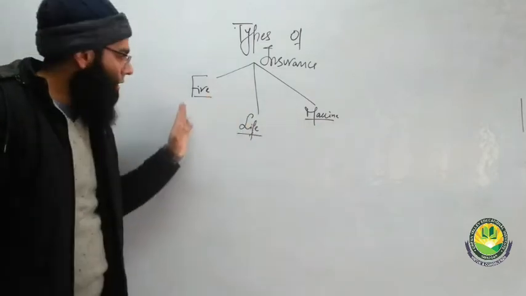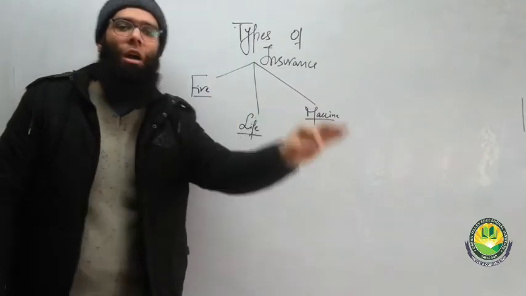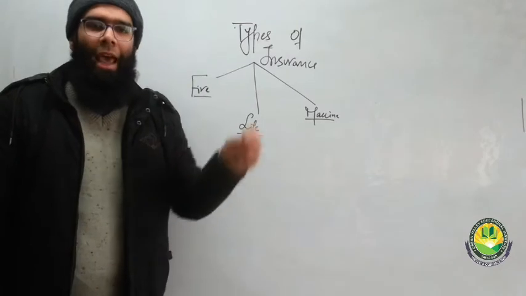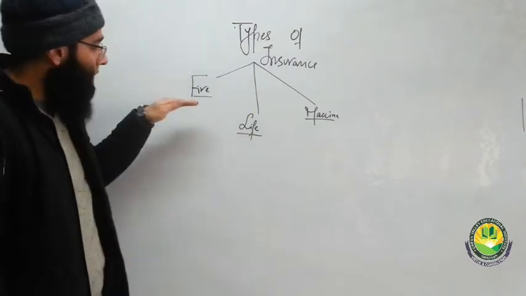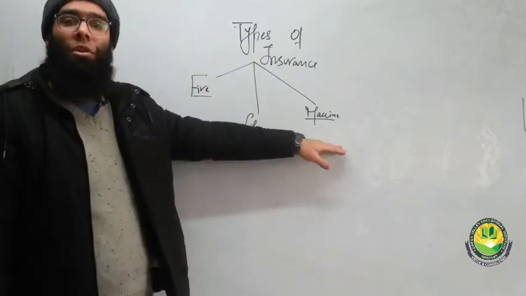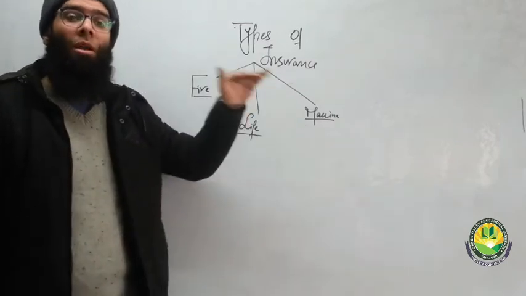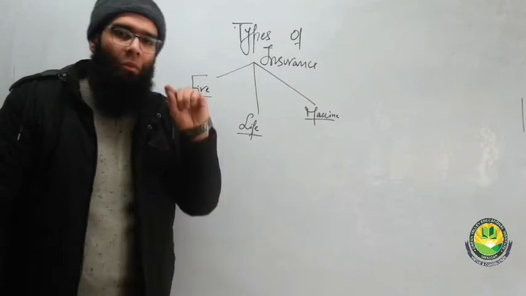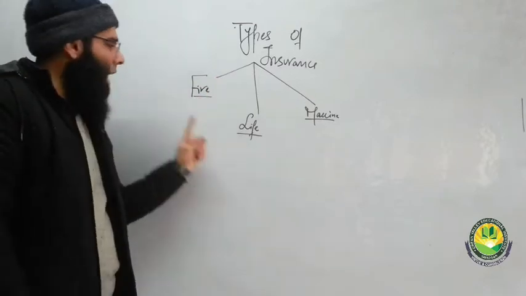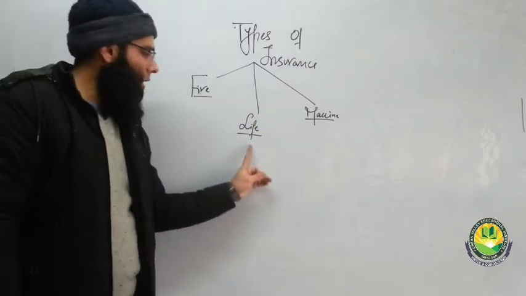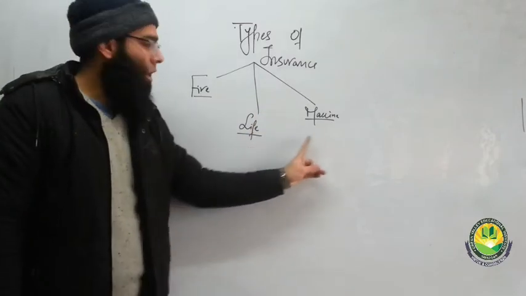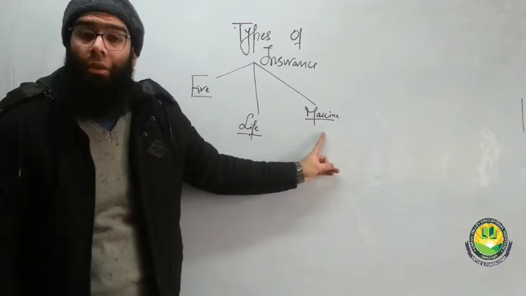And again, these 3 insurance types will have utmost good faith, will have insurable interest, will have mitigation of loss. So these 3 types of insurances, they are same on every level. Only one difference is there, that the cause will change. Here the cause of the damage is fire, here the cause of death, here the cause is damages by any water body.